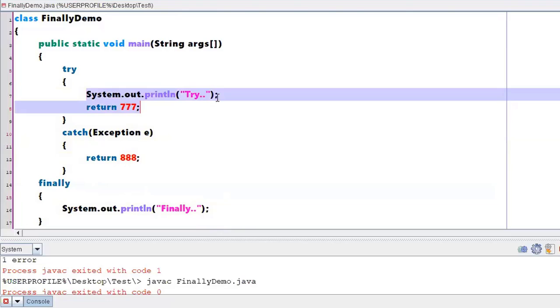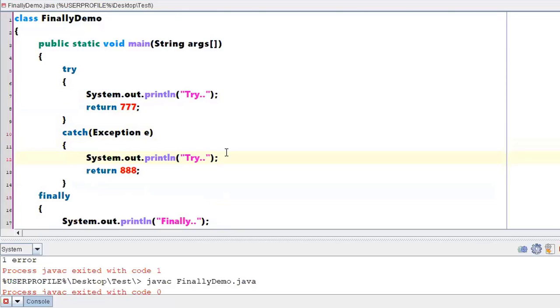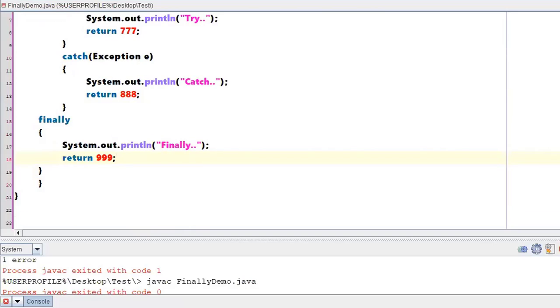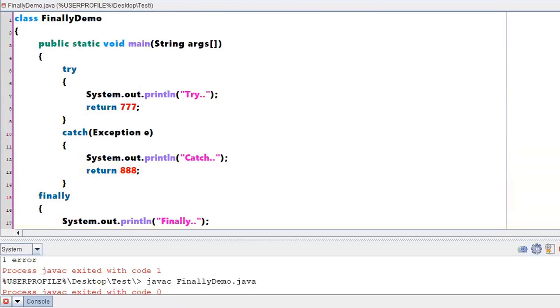Here also, let me have a catch block statement. The finally also has a return value. Yes, it can have a return statement written, 999. So now let me just